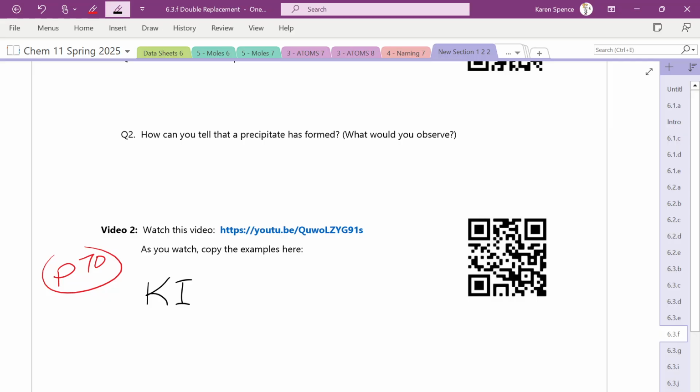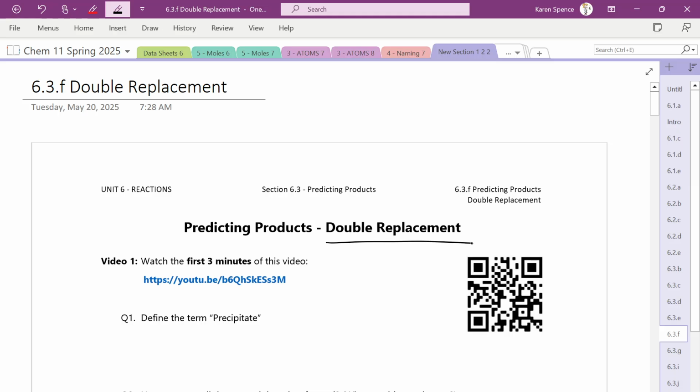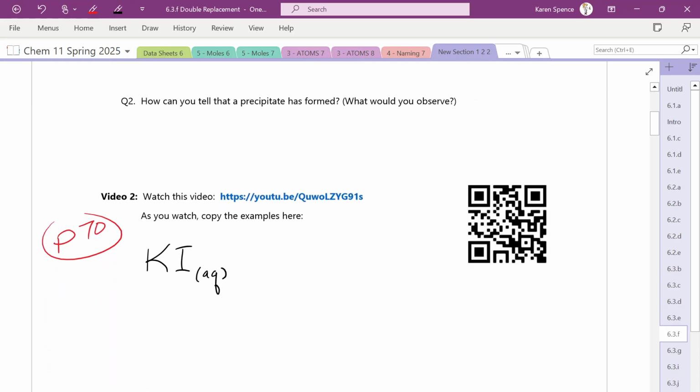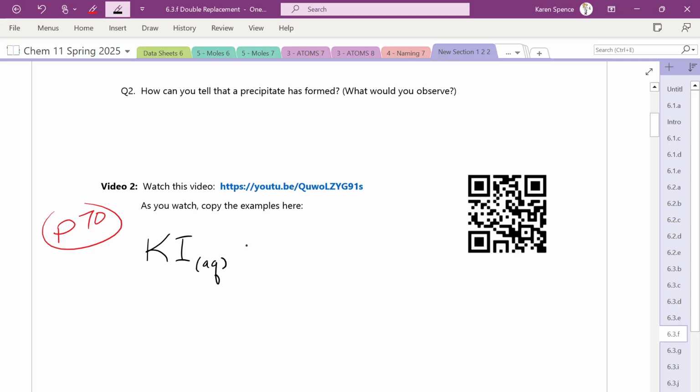Okay, so we're going to put a little AQ down here. This is the one where the states are important. Okay, this is in our double replacement reactions. The states are important. Okay, so we have KI. We have Pb NO3,